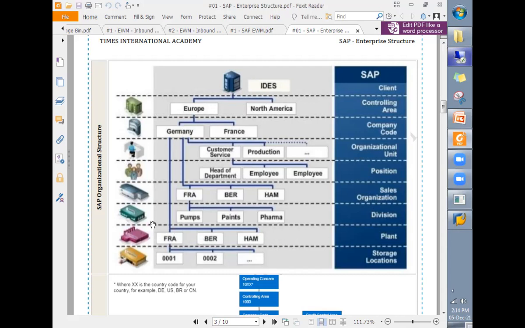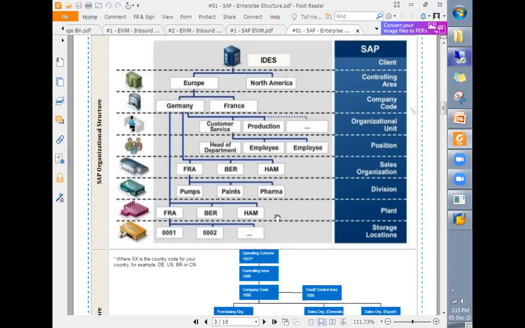And from manufacturing industry point of view, the manufacturing facilities or the production facilities are represented as plant in SAP. Or from retail or distribution industry point of view, the distribution centers are represented as plant. So you see slight changes in terminology in industry and in SAP.